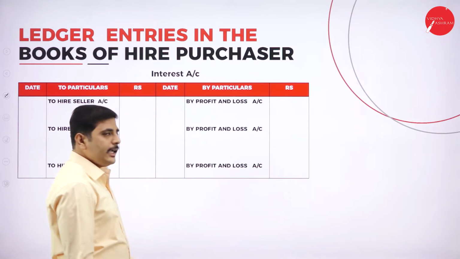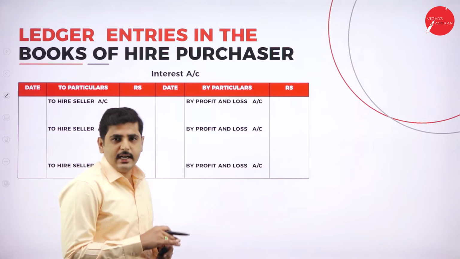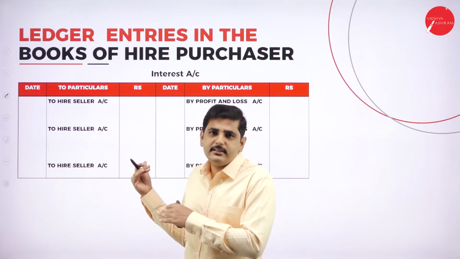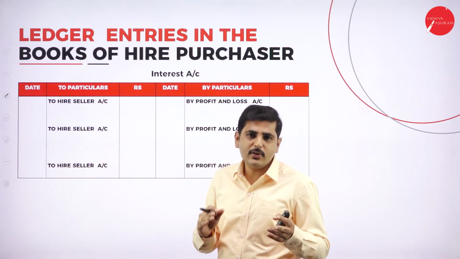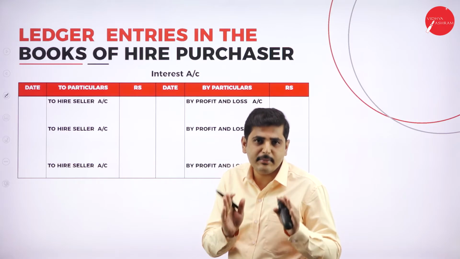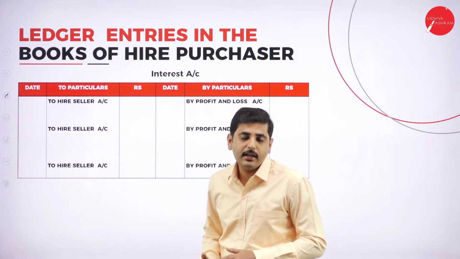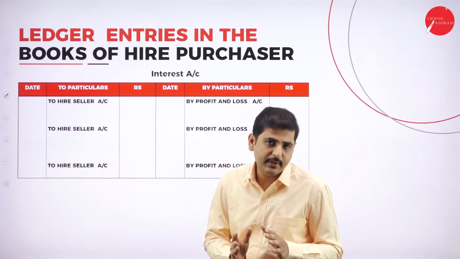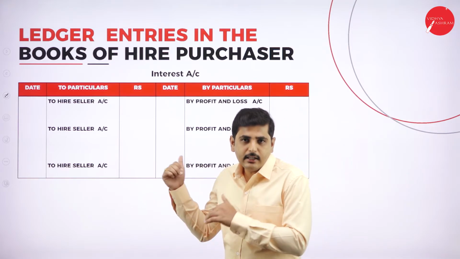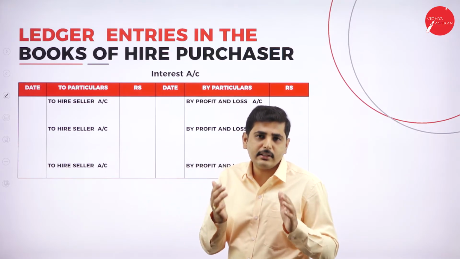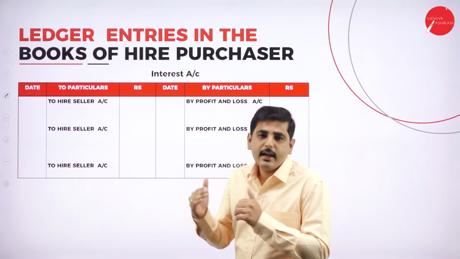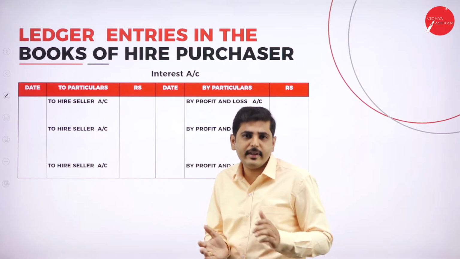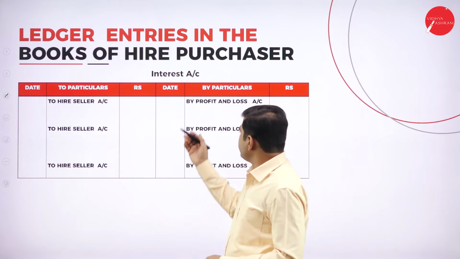Now let's do the interest account. Where does interest appear in the journal entry? See, we are converting the journal entry to ledger entry. Without the journal entry, we cannot prepare the ledger. Keep this in mind: if you don't know the journal, preparing the ledger entry is very difficult. So don't write it in a crude method. Please remember and practice the journal entry, and if you know the journal entry, the ledger is very simple and easy.